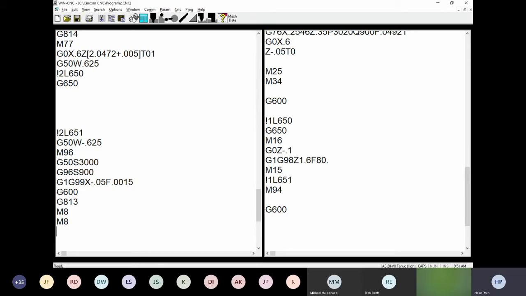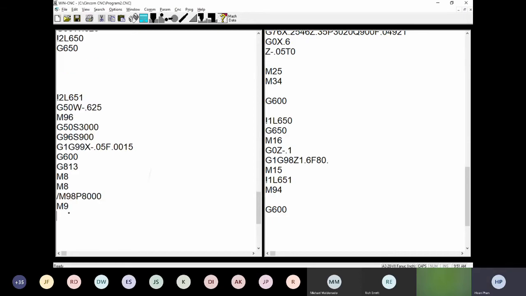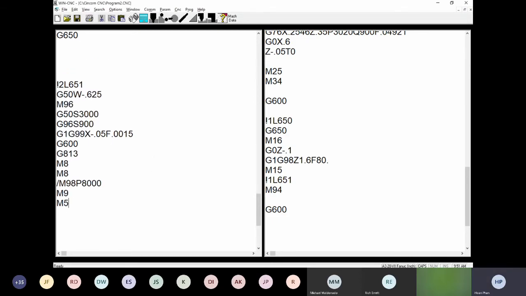So remember I said we need two M8. All right, and P for whatever the boot loader program. And then M9, to cancel it. All right, so right here we have a function, we call it the M50, that's used to check the cutoff to breaking. So we'll put it right there, to make sure it stops,